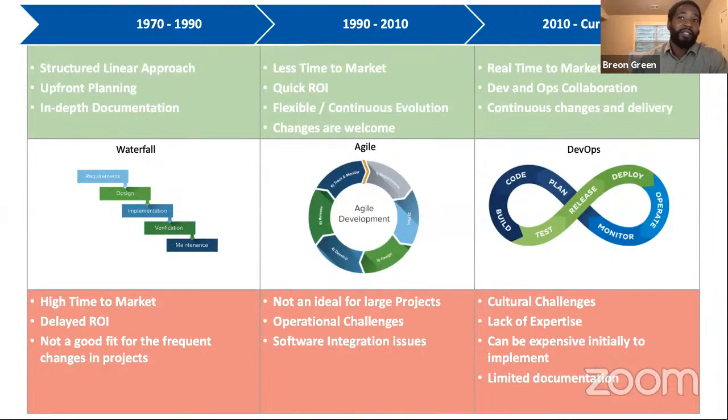Sequential process, moving from one phase to the next. So it provided a lot of structure, but there's really a high time to market, which means it takes a while to actually receive the value that you're developing, right? And then often in technology, things change. And so with waterfall, it isn't very fluid in that you can make changes. It's not agile at all, right?